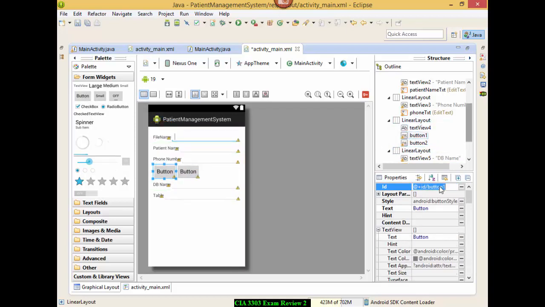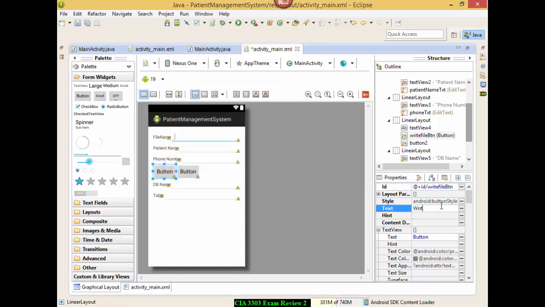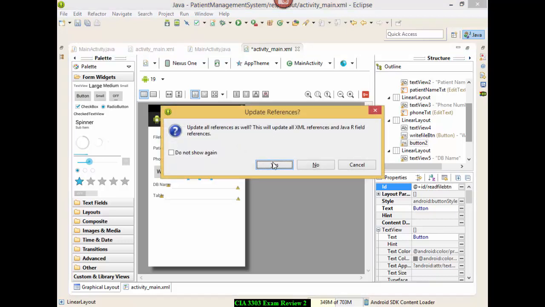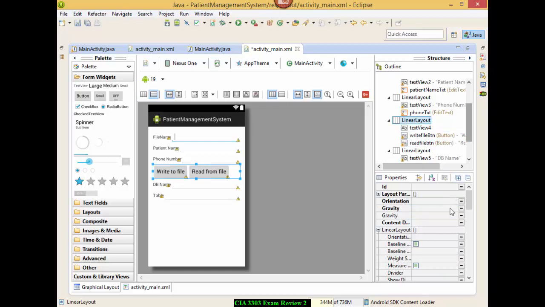So this will be write file btn, write to file, and this will be read file btn, read from file. Okay, so you need to place them in the middle, so just change the gravity to